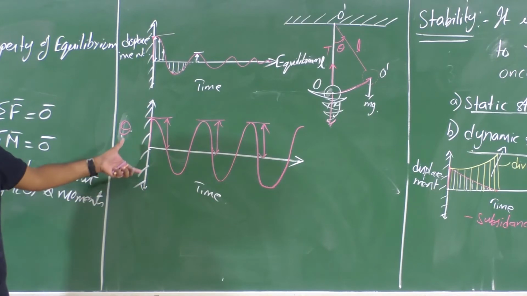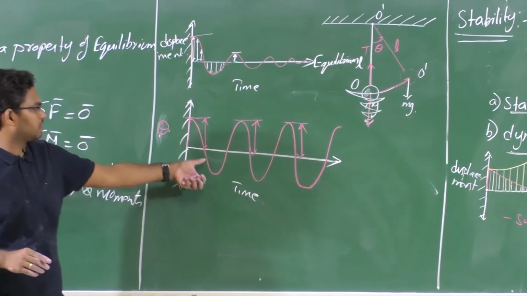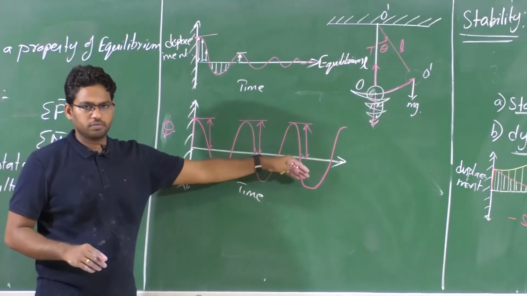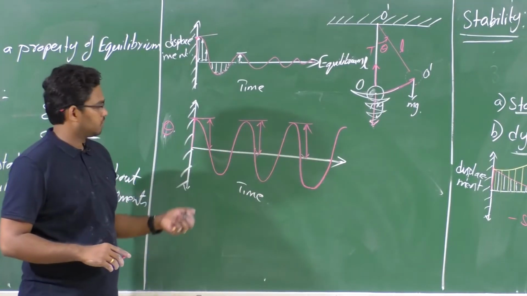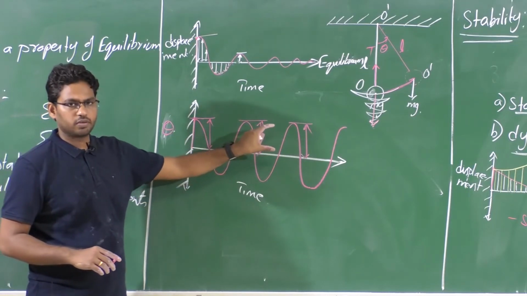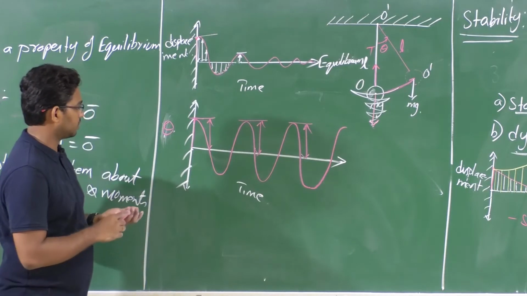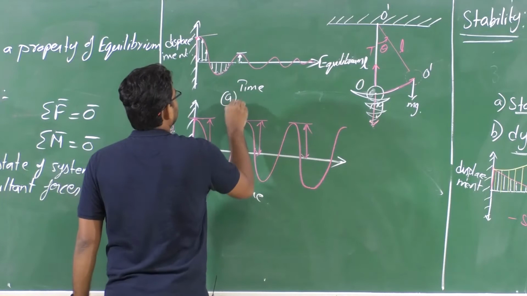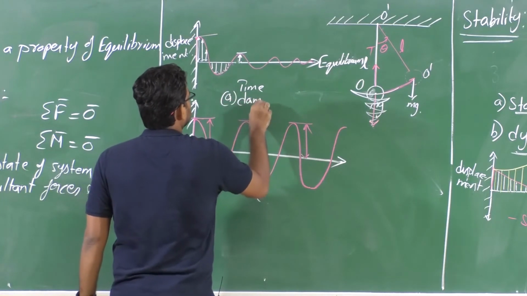So there is no dynamic stability. Dynamically it is unstable, right? Why? Because it is not coming back towards its equilibrium with time, isn't it? It is trying to maintain the same energy or same amplitude all the time. There is no dissipation here. So what we call this as damped oscillations.